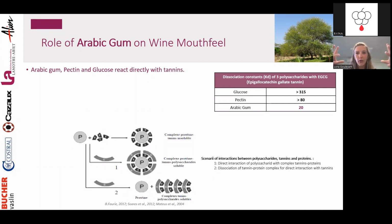In our mouth, we have salivary protein in our saliva that will react with tannins. That's the dryness sensation, the astringency that we have. This saliva protein plus the tannins are going to precipitate, creating a complex that is not soluble. That's what you see in this drawing. The P is the salivary protein, and the T are the tannins. Once we add a polysaccharide, that's the C on this drawing,